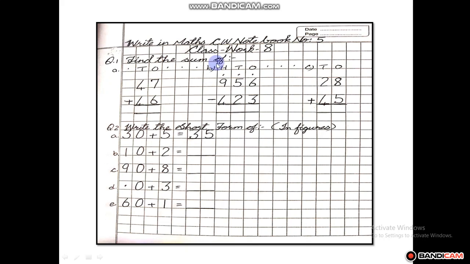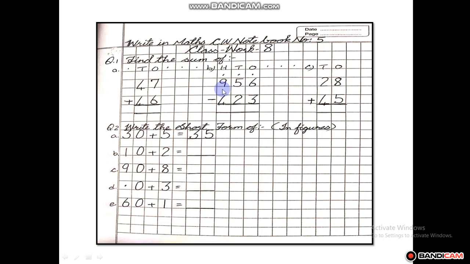Find the sum of, this is classwork 8. Here I have given addition sums, and if it is carry, double digit answer will come, then you have to carry. 7 plus 6, stick out 6 fingers, count after 7: 8, 9, 10, 11, 12, 13. So you will write here 3 and carry 1 to tens house, or you can write at the side also, write on top tens ones, cancel 3 and write it here and carry 1 here. So 4 plus 1 is 5, 5 plus 4 is 9. So you will write here.